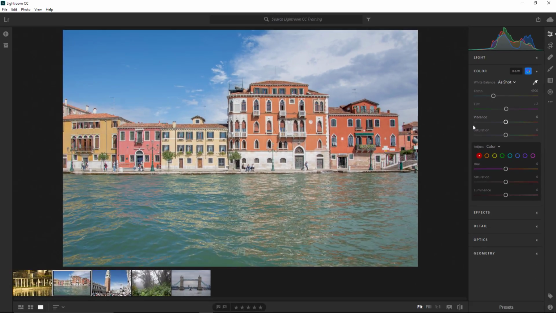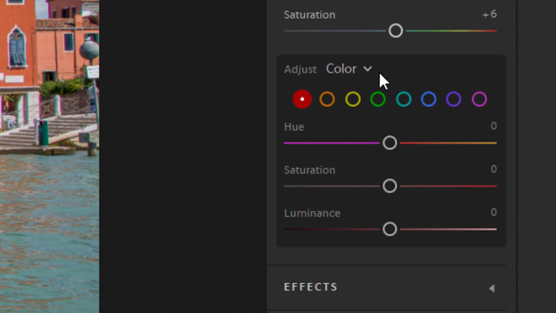One of the best ways to add saturation to a photo is by first adding vibrance. Then, if you need a boost in saturation to all colors in the photo, you can add saturation as well. But try to keep saturation to a minimum and only use it after you have applied vibrance. The color mixer allows you to select any of these colors and adjust its hue, saturation, and luminance.